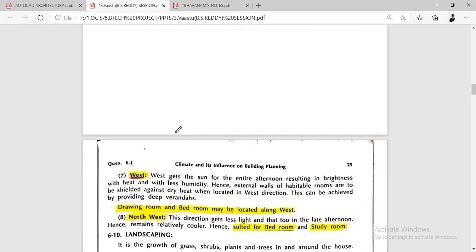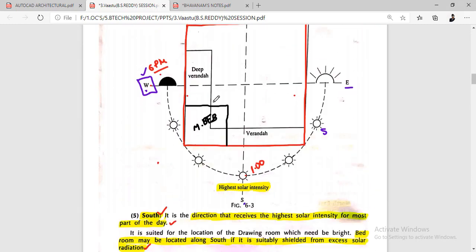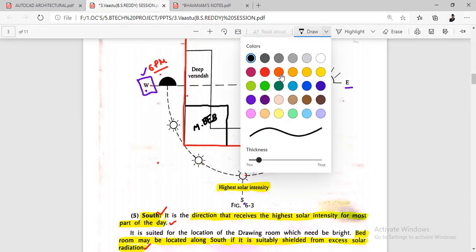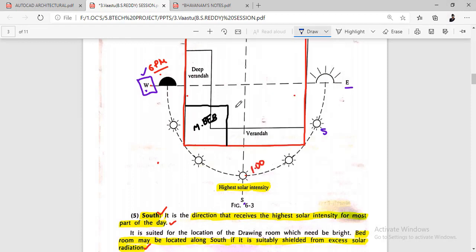Let me tell you here. If this is my bedroom, how do I need to provide my bed? This will be the west and this will be the south. I need to provide my head towards south like this. Whenever I go to sleep, I need to place my head towards south. Otherwise, if I place my head in the east direction, like this,